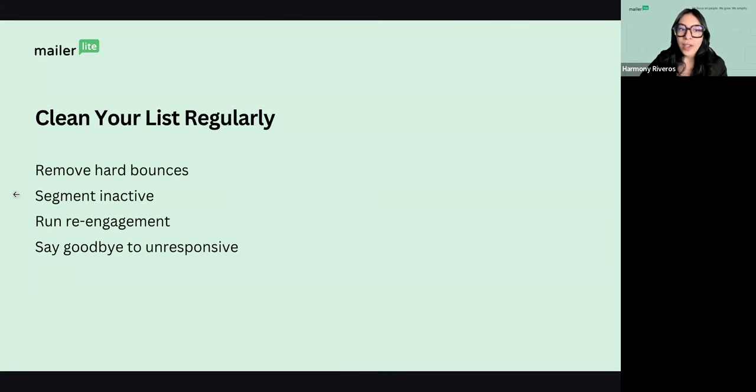Segment inactive. So I'll talk about this when I show the app itself. But those inactive subscribers that have maybe been on your list for, let's say, 6 months, 9 months, a year, they've been on your list for a while, they have not unsubscribed, but they're also not opening any emails, they're not engaging in any way. Those are considered inactive. And instead of automatically unsubscribing them or getting rid of those subscribers, let's say, you can re-engage those inactive